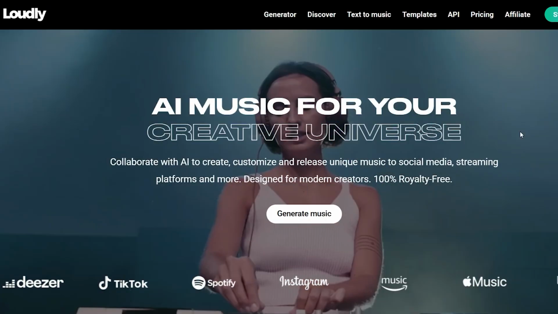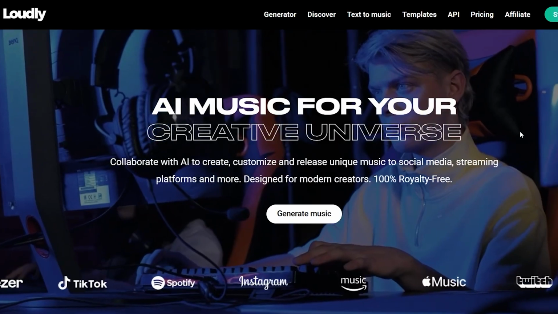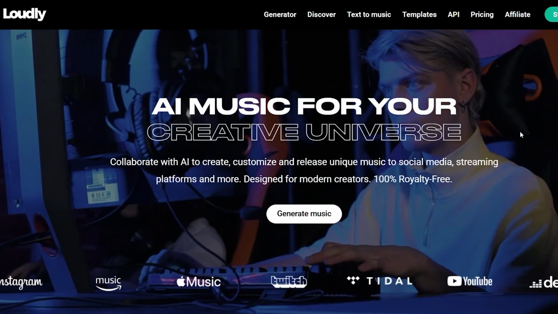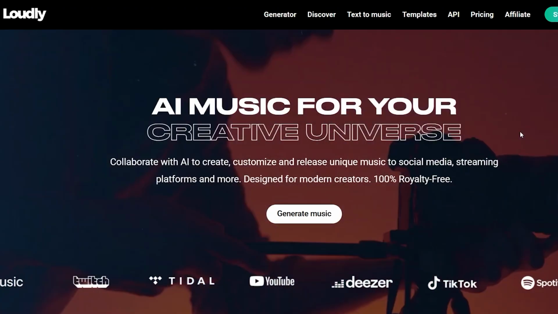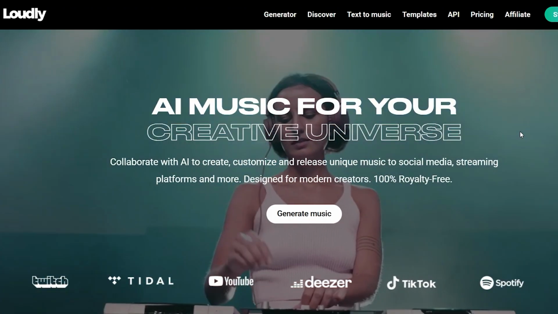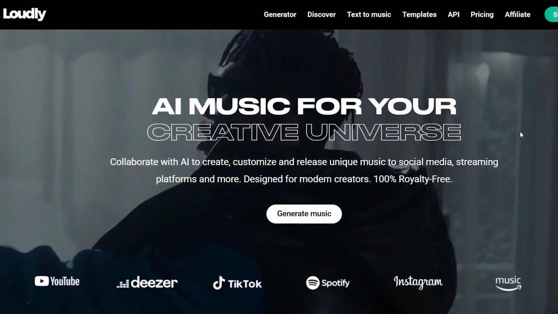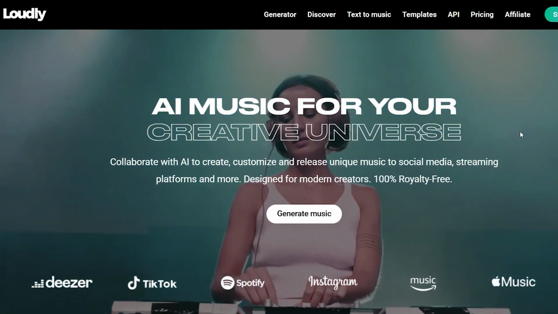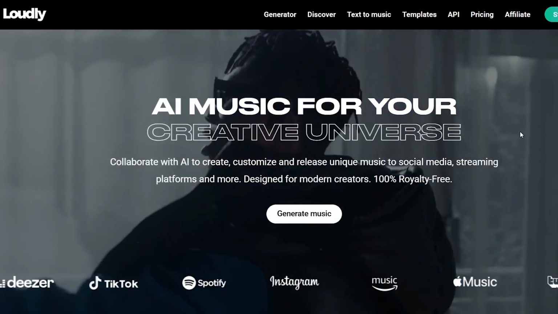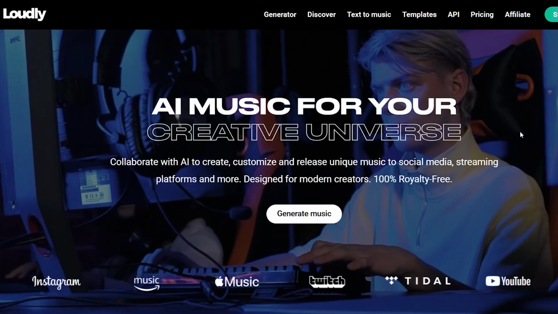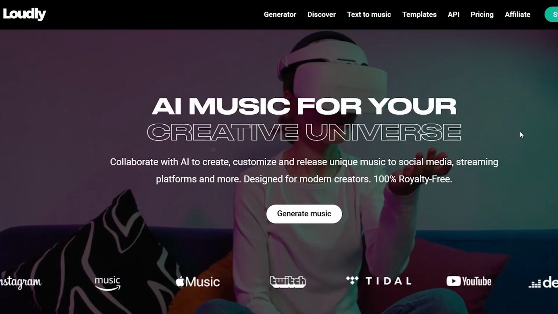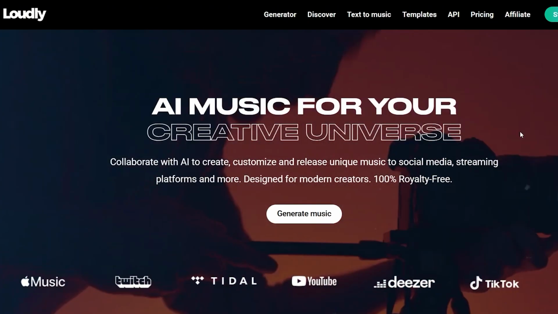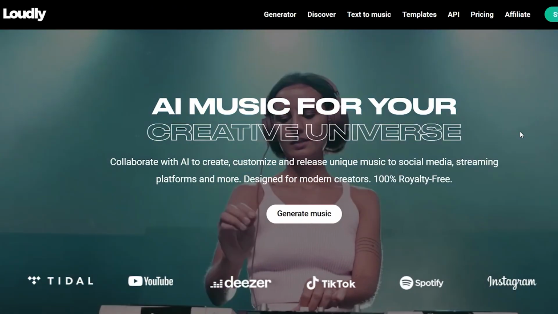Loudly isn't just a type-a-prompt-and-hope-for-magic platform. It's built more like a creative control studio. Here's what makes it different. You control genre, mood, instruments, structure, and energy. You can regenerate specific sections instead of the whole track. It's designed for creators, YouTubers, marketers, and brands, and it focuses heavily on royalty-safe licensing. Unlike Suno, which feels like an AI songwriter, Loudly feels like an AI producer, and that is the main difference